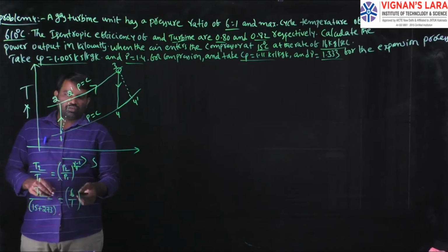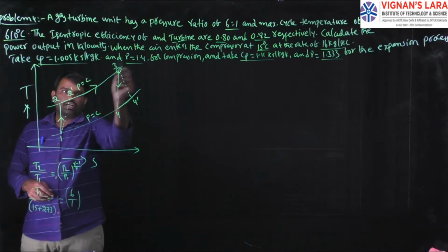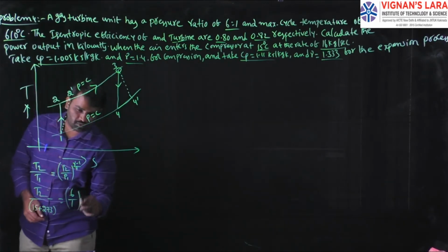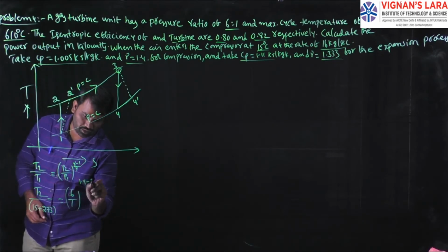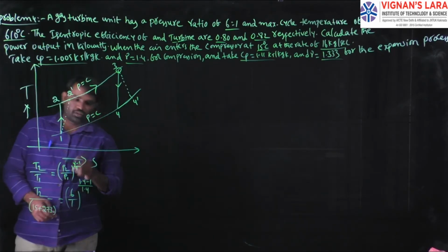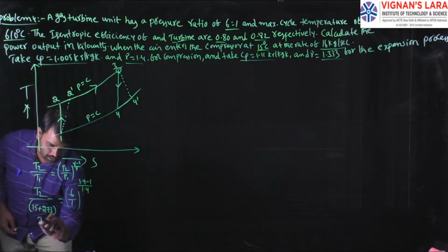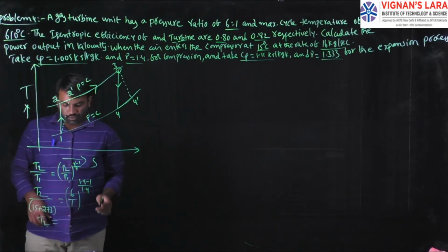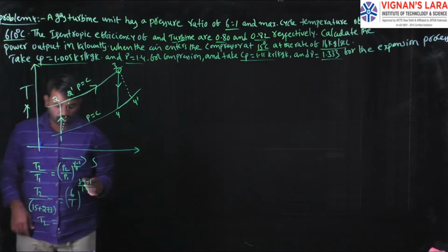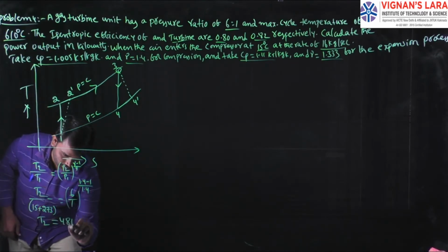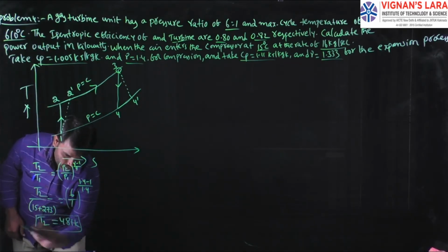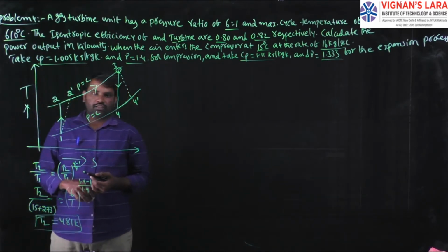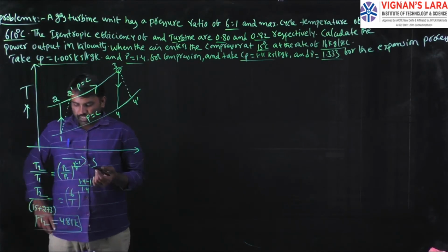So we take the Cp of air and gamma for the compression process, 1 to 2. So 6 by 1 whole power 1.4 minus 1 divided by 1.4. From this relation we can calculate the value of T2. Always we have to substitute the temperatures in kelvins. That T2 temperature is equal to 481 Kelvin. Later we have to calculate the temperature T3 similarly by applying the same relation.